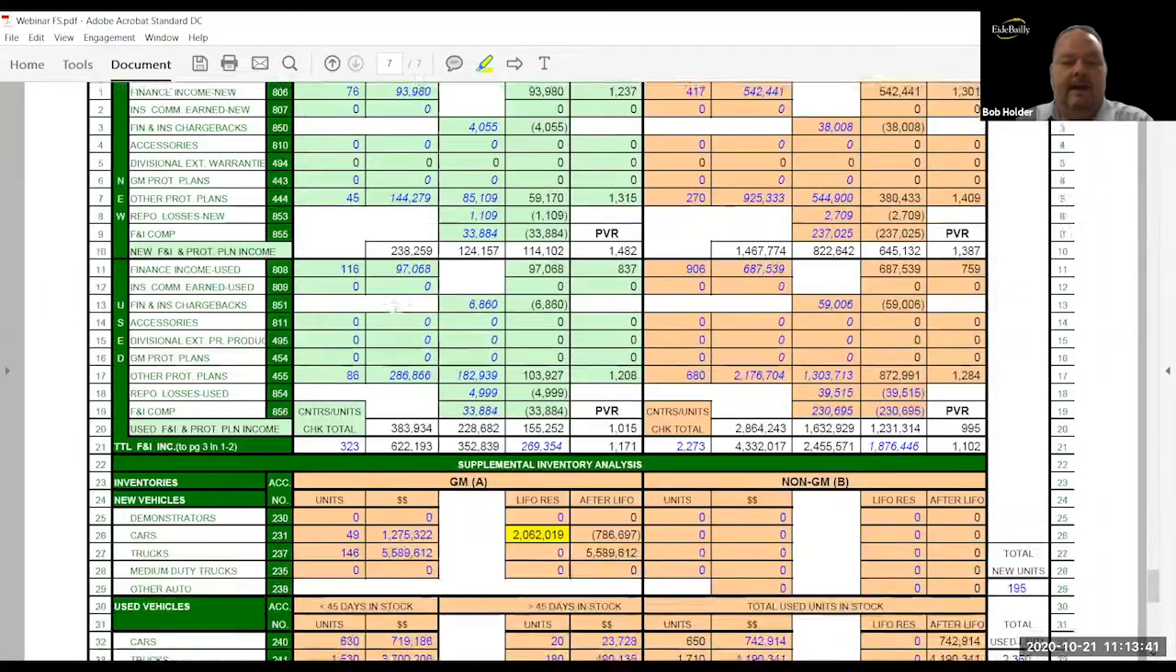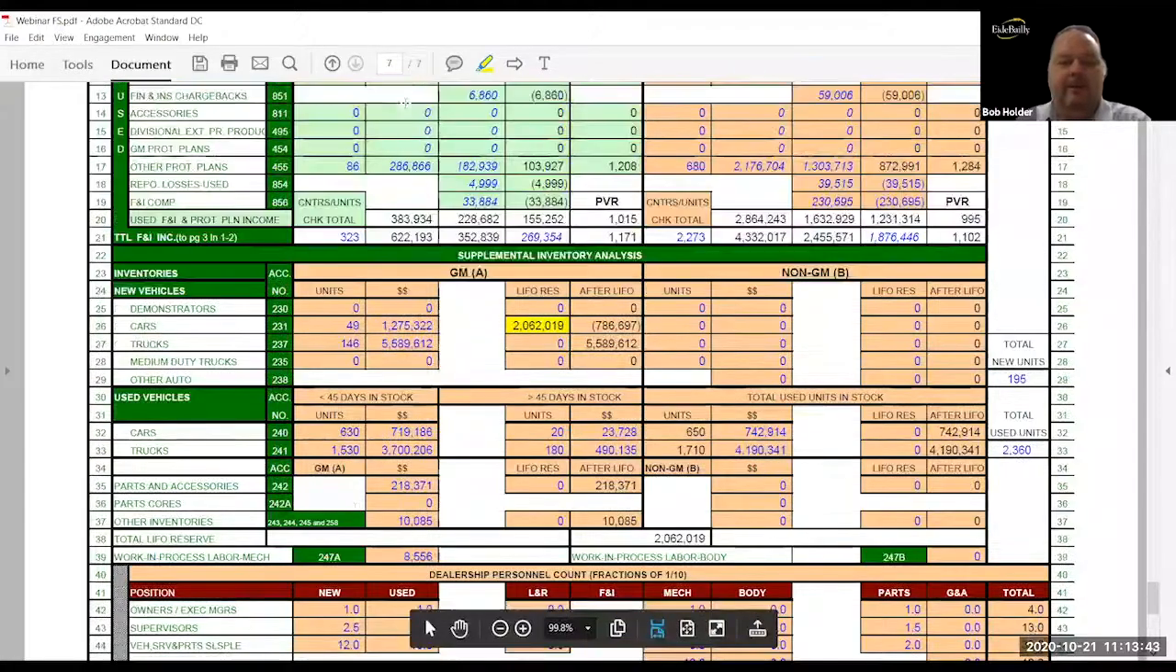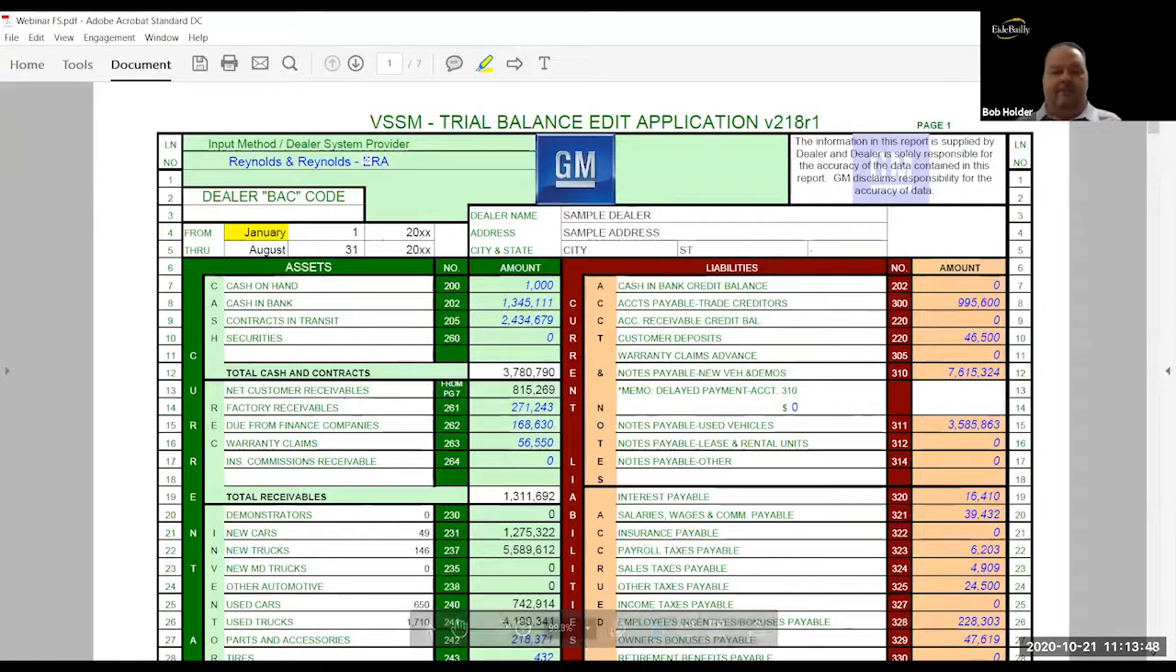And then F&I, and then some supplementary information. So we'll go back and discuss all that. But let's jump back into the balance sheet. And so one of the things that I look for off the bat on the balance sheet, obviously, is